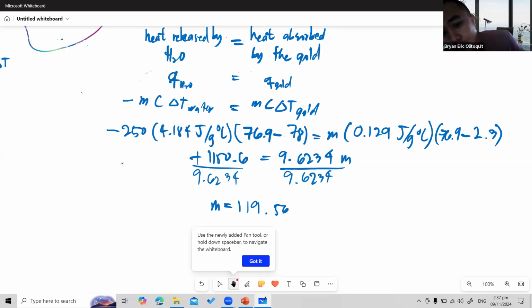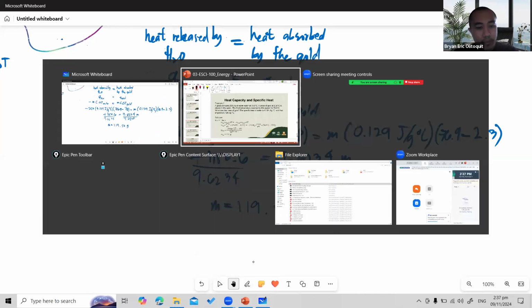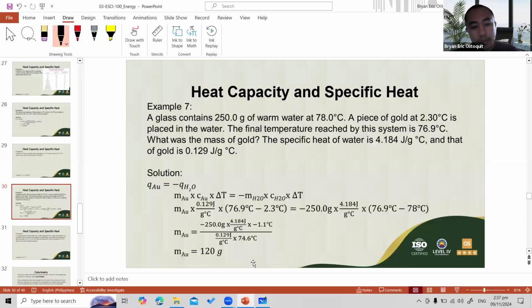Take note, ano? Unless na lang difference yan. So 119.56 grams. So, verify natin, baka mali naman tayo. Okay, 119.56, 120 grams na dito. Okay,